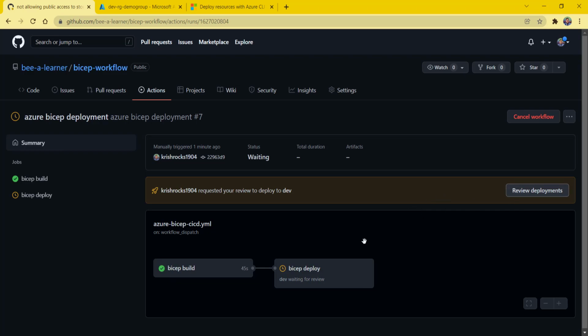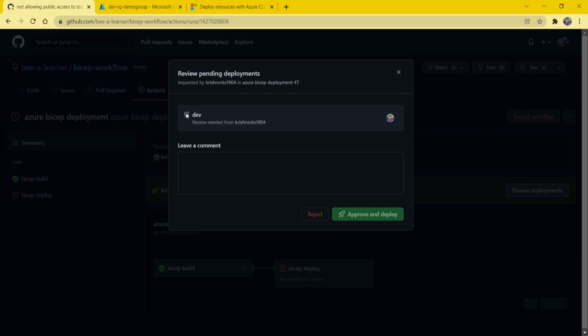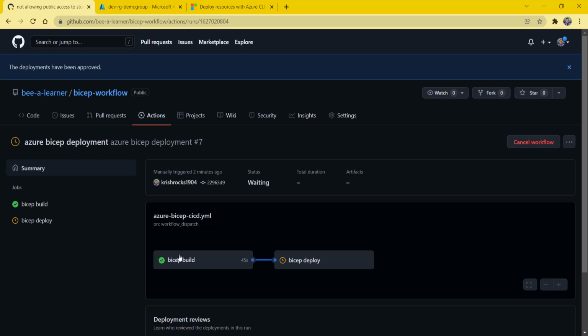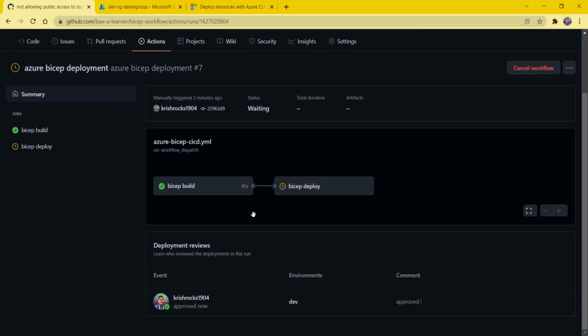So as a reviewer, I can review it, which I did, and now I can approve the changes and provide comments, which is optional. Once the reviewer confirms the deployment, it will deploy the changes. Reviewer's history can be found here,